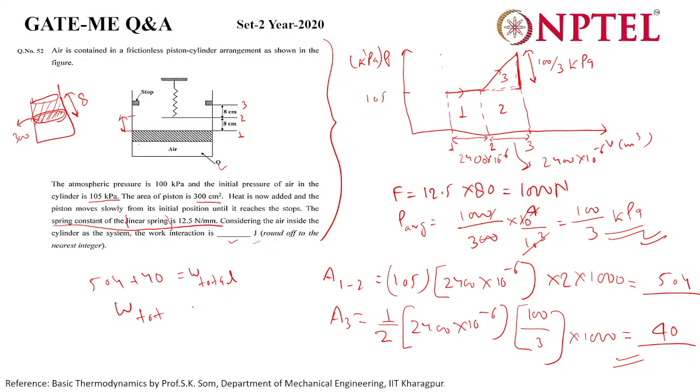Sir, I have a doubt. Here atmospheric pressure is given and internal pressure is also given. Then there will be a resultant pressure that will be 5 kilopascal, which is acting in the upward direction. By multiplying the area of the piston and the displacement, we can calculate the work from 1 to 2. What are you saying? Like you are saying external pressure is 100 already? Yes sir. So we are not considering that, we are saying, right? Since it is given in the question, we can consider it now. Actually, 1 minute.